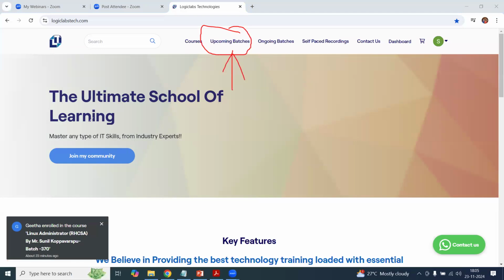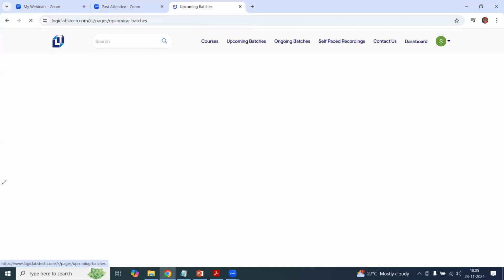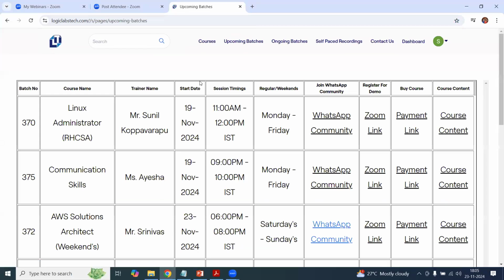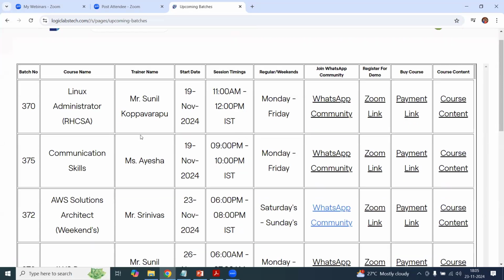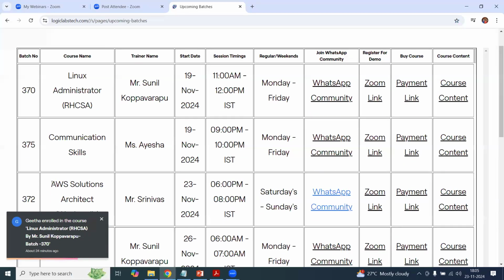Just click on upcoming batches. You will find all emerging technologies scheduled by the respective faculty from Logic Labs Technologies. Out of all these, you can find AWS Solution Architect Associate, that is batch number